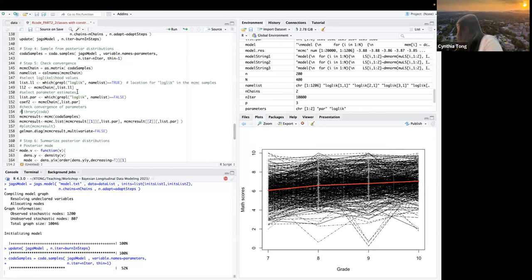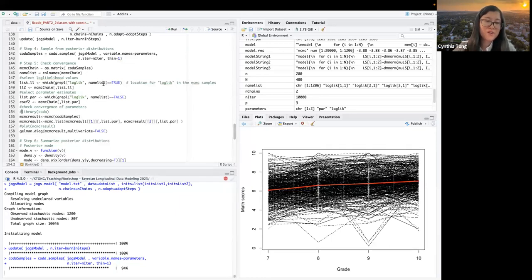Yeah, this is probably a good time to have some water. So this is already the model.